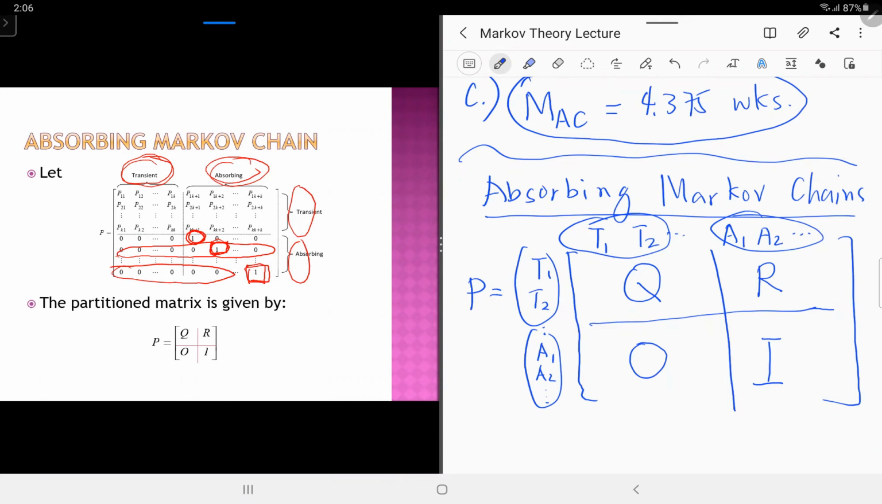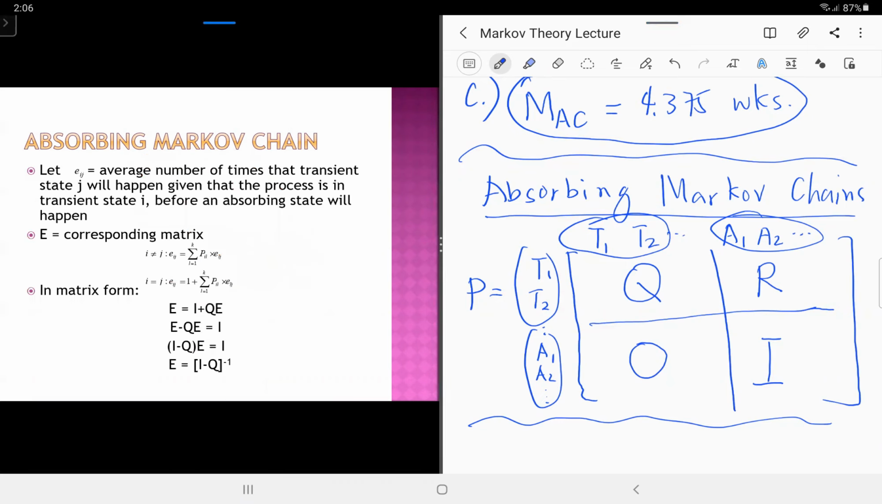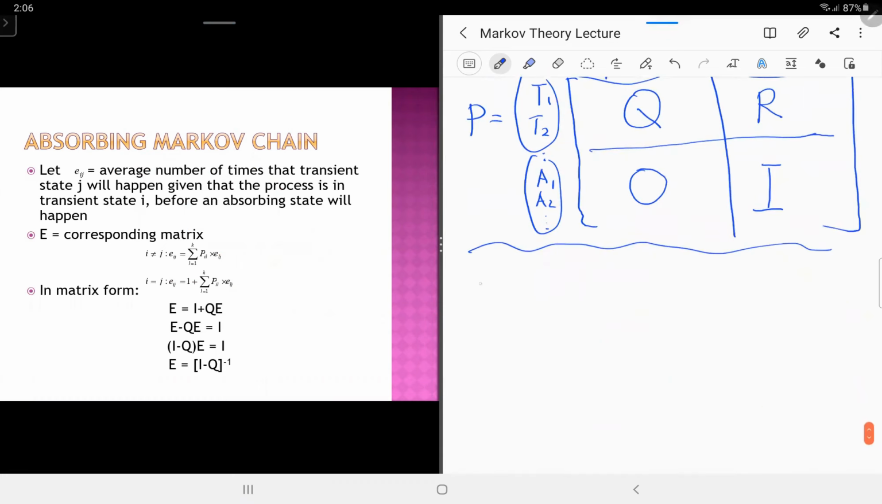So first you need to identify what are the absorbing states and what are the transient states, and arrange them in this manner. Once you're able to do that, then we can begin solving problems on absorbing Markov chains. The first thing that we will solve for in absorbing Markov chains is